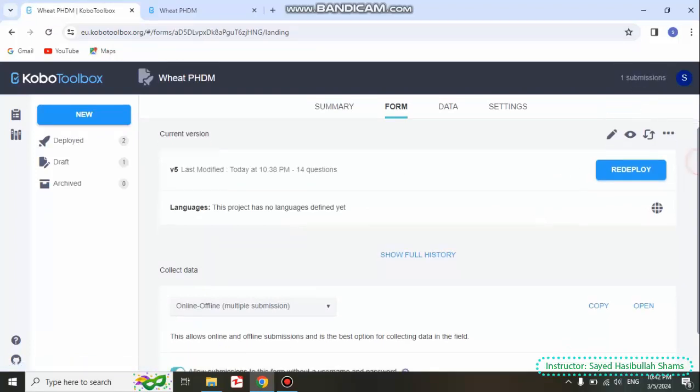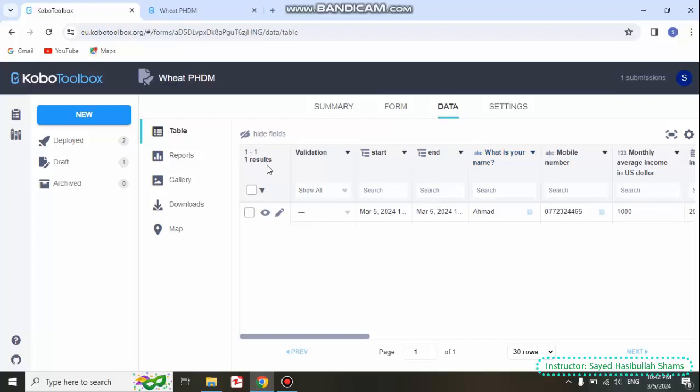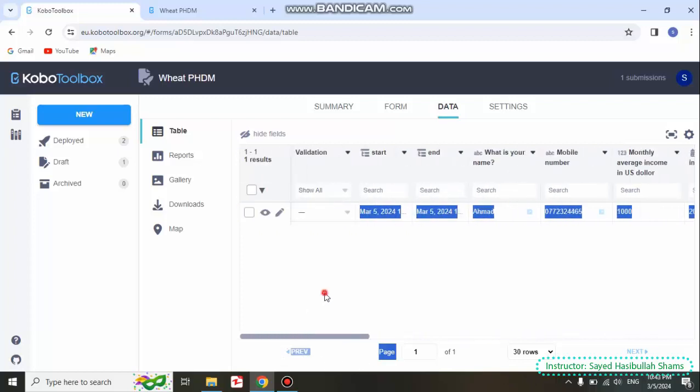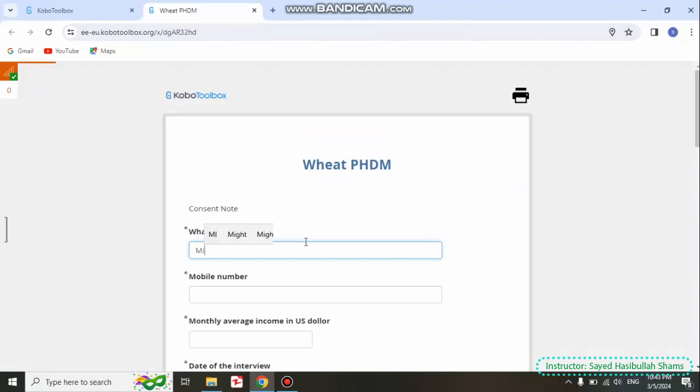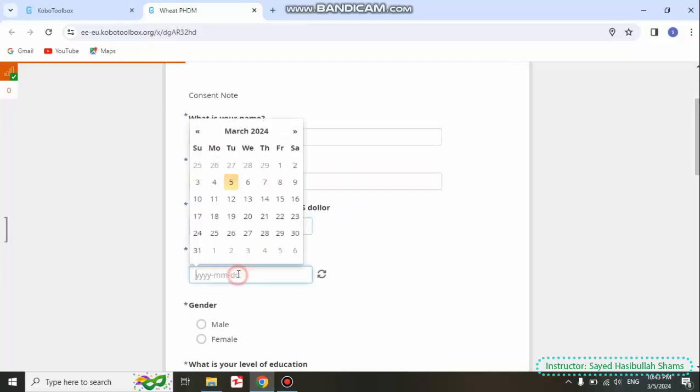Now if you pay attention to the data section, this is our data. We have submitted one questionnaire. Through this I will make another meaningful example submission, and now you will select a number, and then monthly wage income, for example $500,